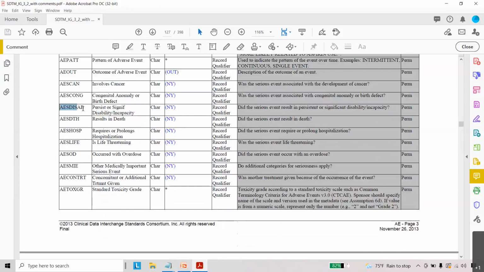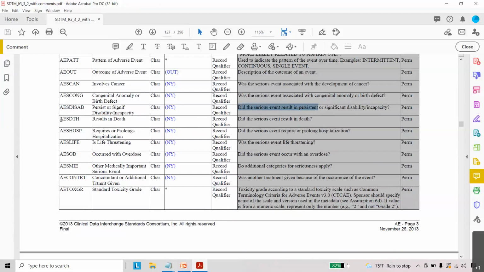And AESDISAB, persistent or significant disability or incapacity. What is the serious criterion here? Did the event result in persistent or significant disability or incapacity to the subject?